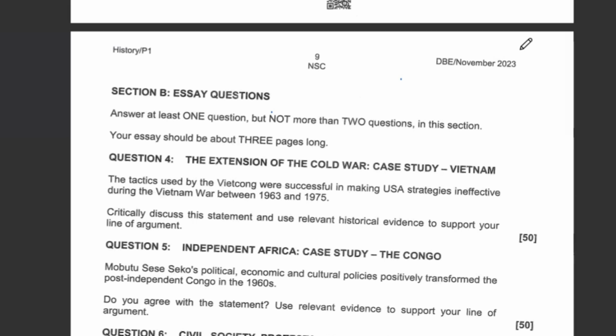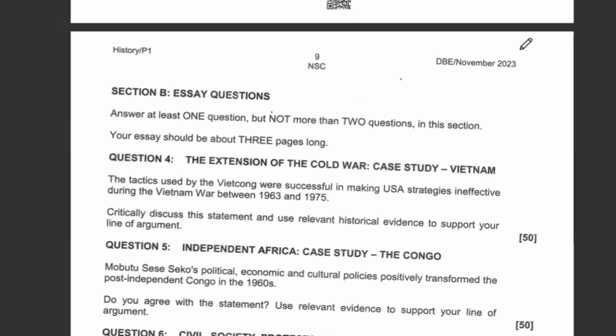Right. Then when we are now doing our essays, remember our essay structure. When we are attacking the question, we're now answering the question, we should stick to the PEEL strategy of answering history questions. What is the PEEL? I think you are aware of it. The PEEL is an abbreviation with a P, E, E, and L. The P means a point. What is a point? A point is a historical fact which is answering the given question.